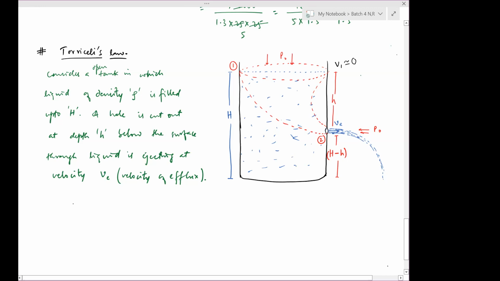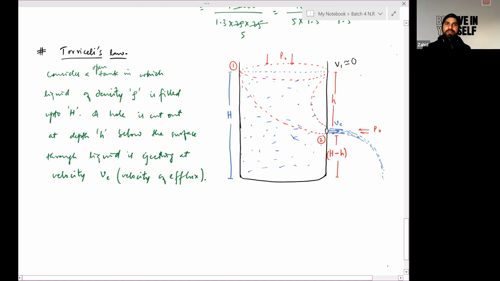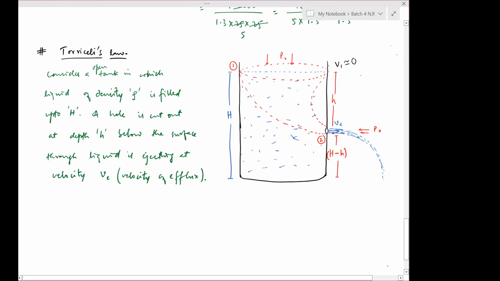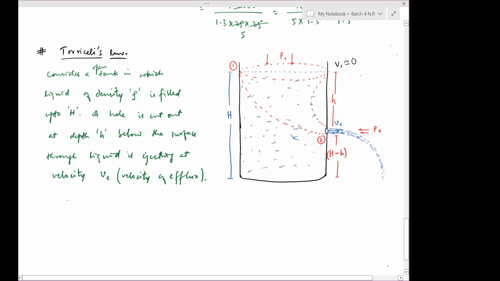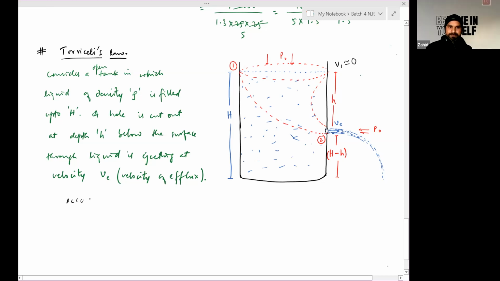So could you repeat? Since this particular tank is very large, or you can say area of this open end is very large as compared to this small hole. So on ejecting liquid, there will be very small change in this level of liquid at this end. So we can consider velocity V1 at this first end will be very small, as it tends to 0. Okay. Yes, sir. Now, according to Bernoulli's principle,